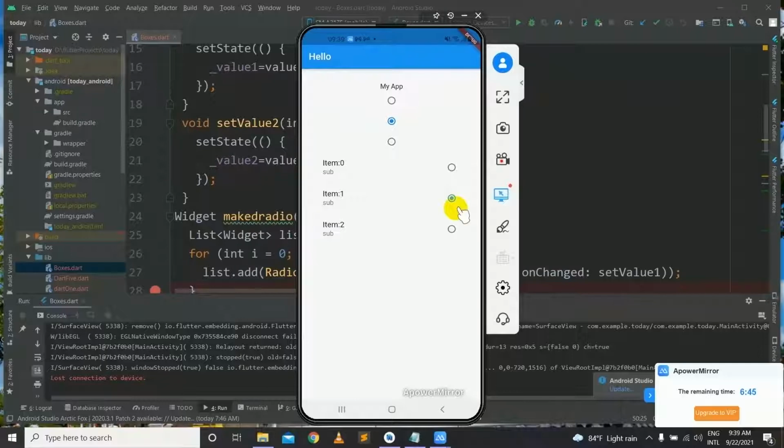And here we have placed three list style radio buttons. One is item 0, the second one is item 1, the third one is item 2. When we click on them, they change their appearance and move to their positions. That's what happens in this application. I hope you understood about how to make radio buttons and list style radio buttons. Now let's move on to the next widget in Flutter.